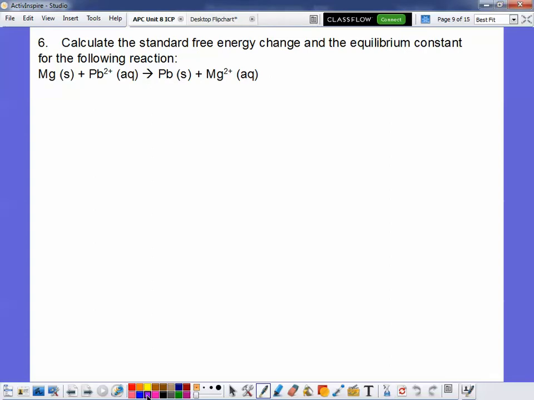All right. So like I said, the last little bit for Unit 8, we're going to talk about how to do the Nernst equation and how to calculate the mass of the electrode that will increase or decrease depending upon which one it is. So just to review, for number,